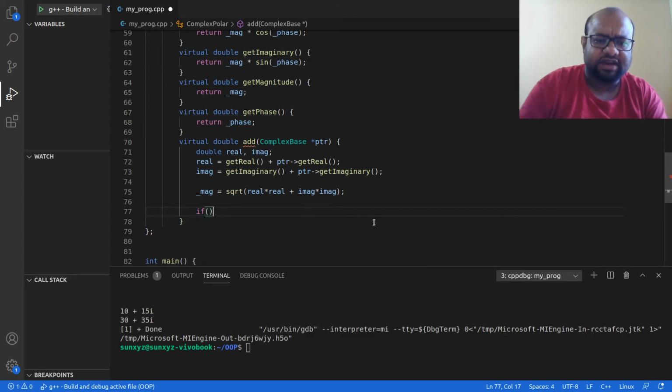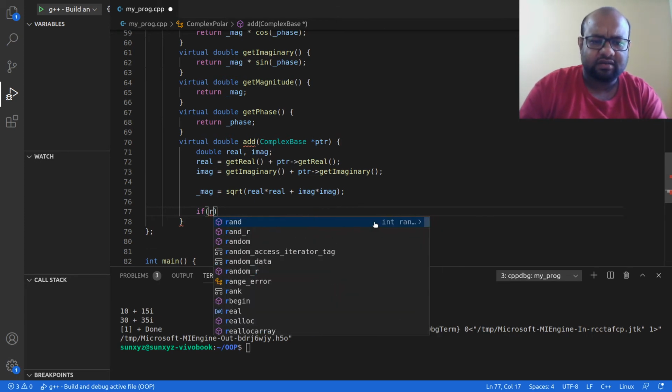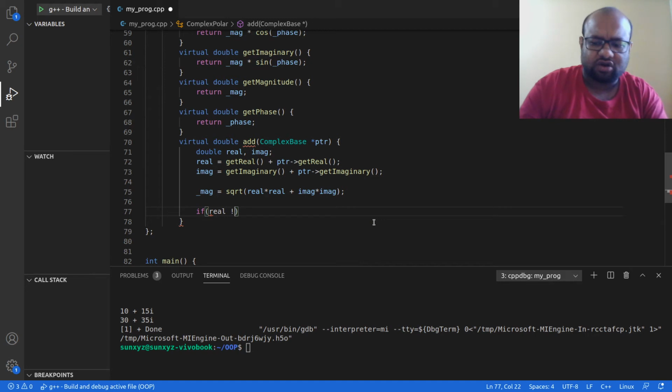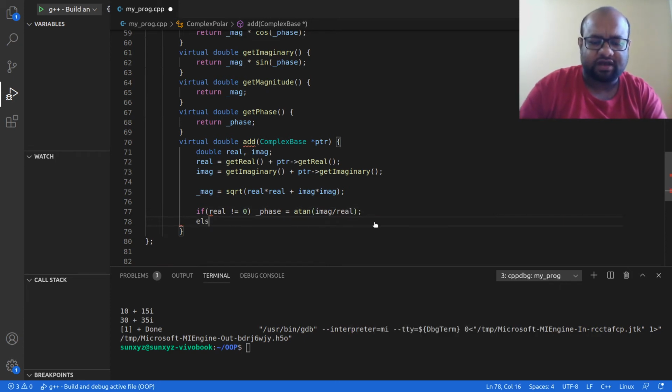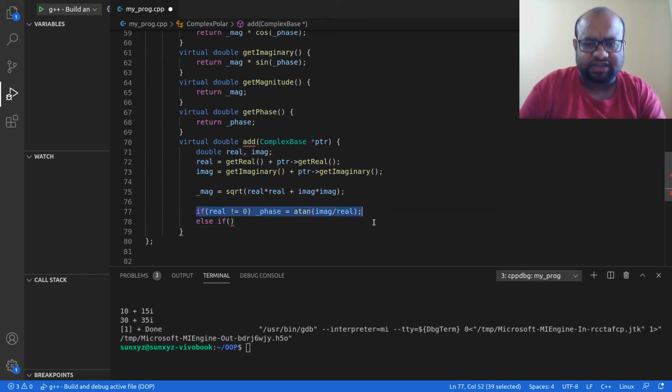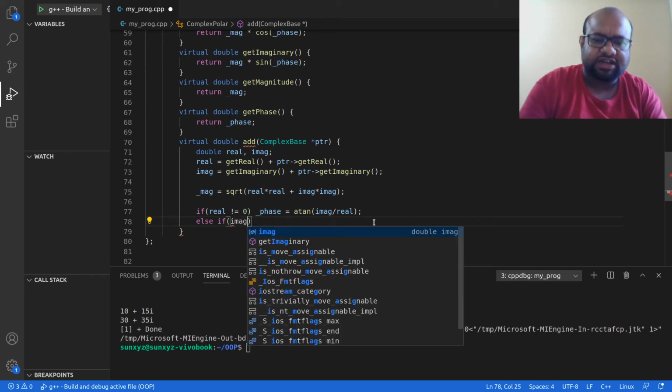We implemented that if real is not equal to 0, then phase is simply tan inverse imaginary by real. Else, if real is equal to 0, then we come to the next line and check whether imaginary is greater than 0.